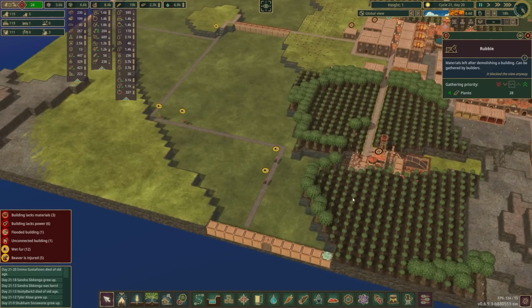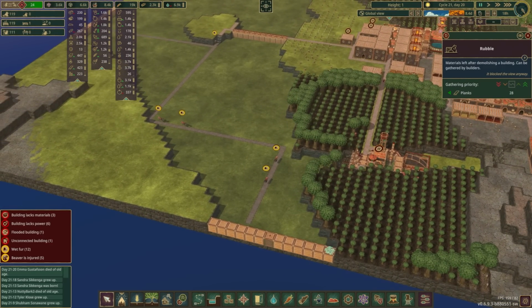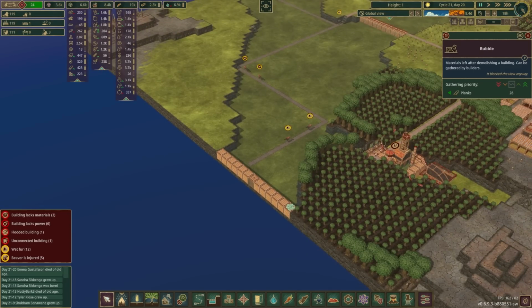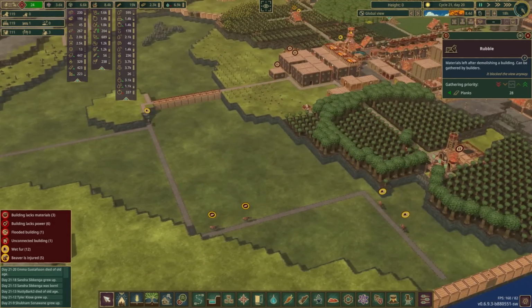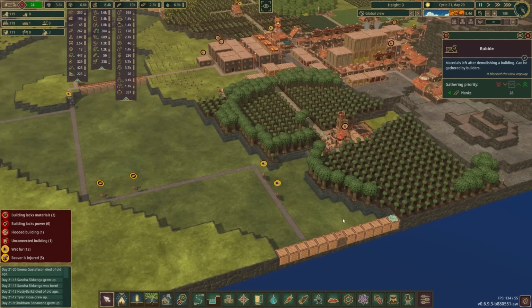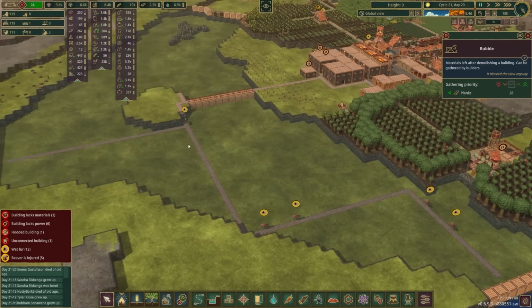Why are there so many planks over here? There's no reason for there to be planks over here. What did I do? What did I do for there to be 20... This doesn't make any sense at all. Oh, God. What a pain in the butt. All right, well...